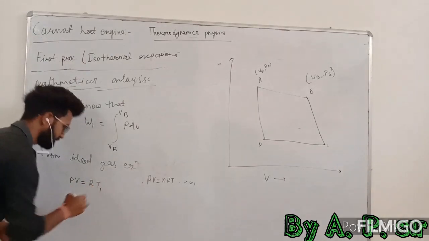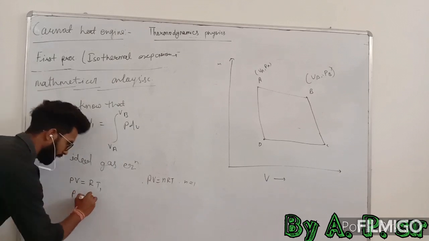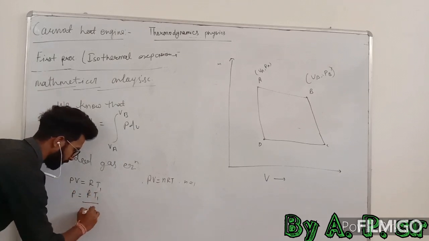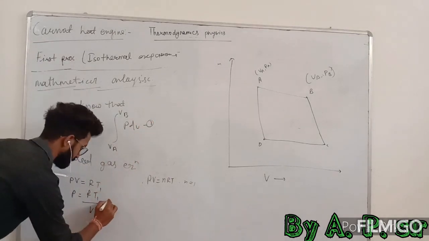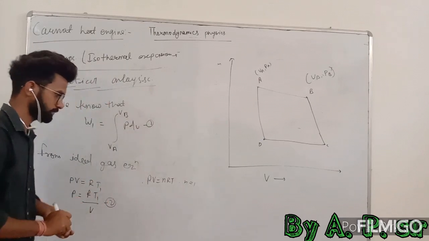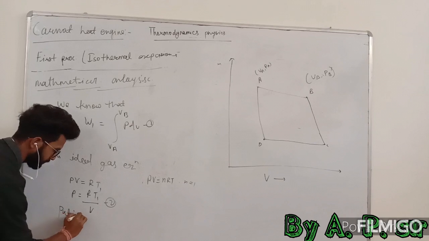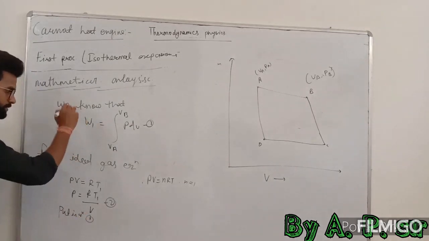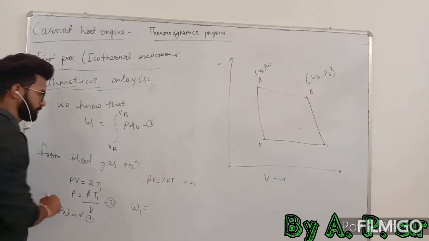The temperature is T1, so pressure is equal to RT1 upon V. This is equation number first and equation number second. Put it in equation first, we have W1 equals